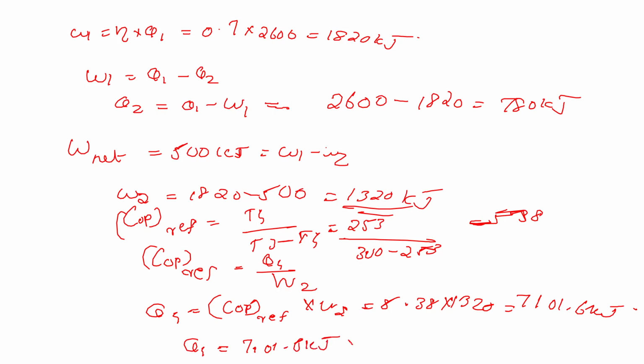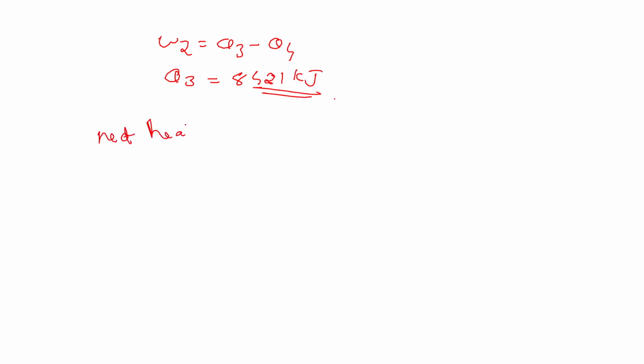Okay, now heat transfer to the refrigerator, that will be Q4, 7101.6 kilojoule. Now what we have to find? W2 is Q3 minus Q4. So from that Q3 will be 8421.6 kilojoule. Okay, now the net heat transfer to refrigerator, it will be Q4,